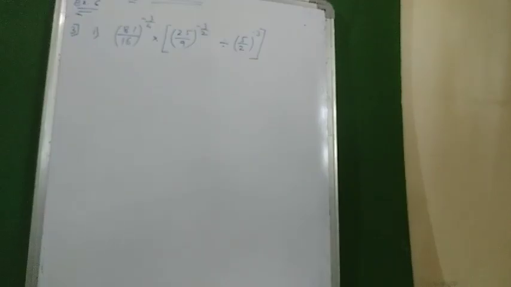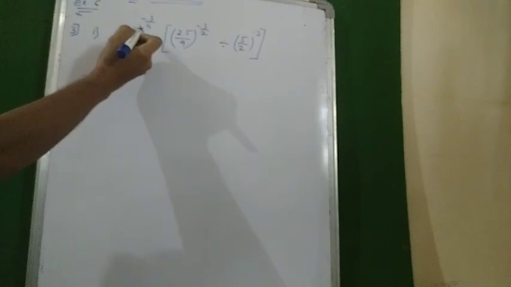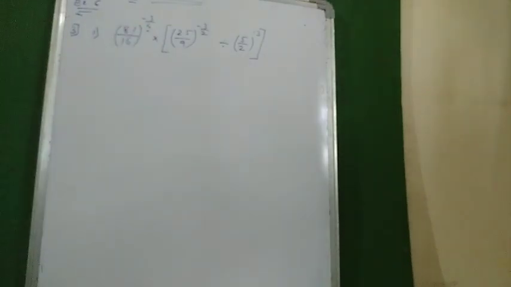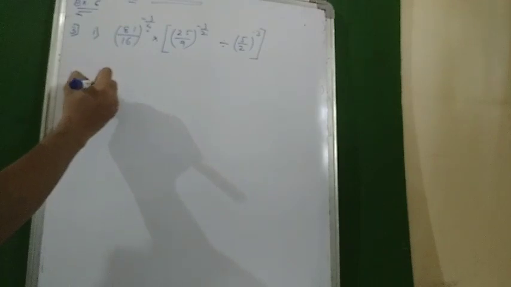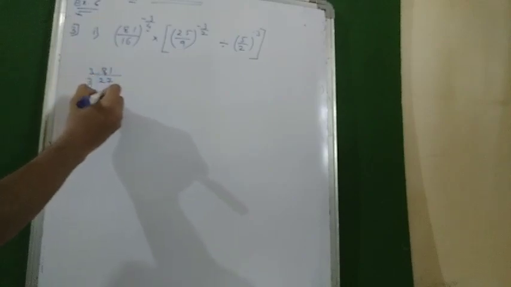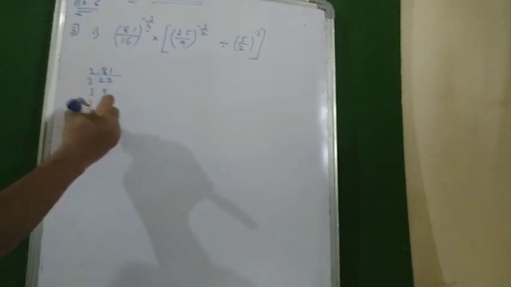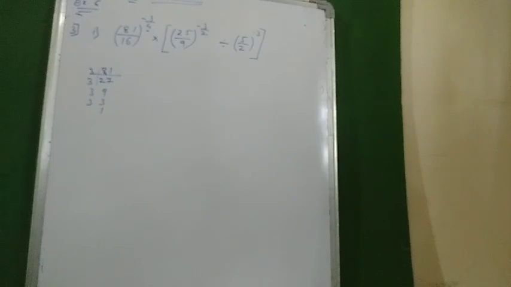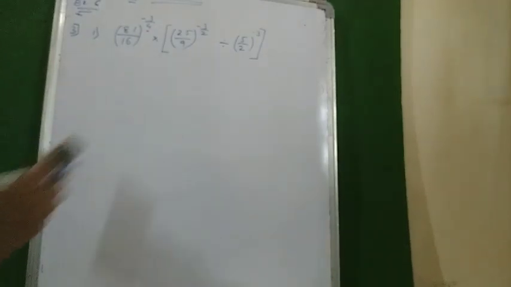Okay, now we'll start with the third part. First question of the third part is written on the whiteboard. Okay, so 81 upon 16, you can see 4 in the denominator of the index. So I'll try to write these numbers as the index of 4. Okay, so 81 can be written as, I'll just find the factors of 81. 3 2s are 6, 3 7s are 21, 3 9s are 27, 3 3s are 9, 3 1s are 3. So 81 can be written as 3 raised to 4 and 16 can be written as 2 raised to 4.